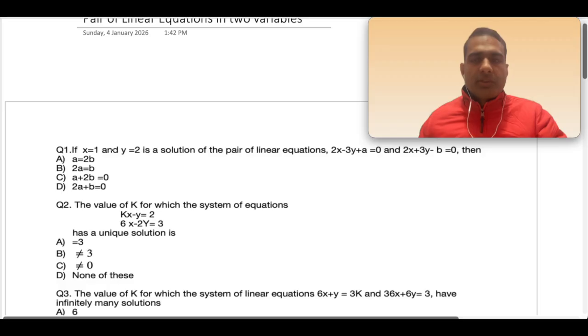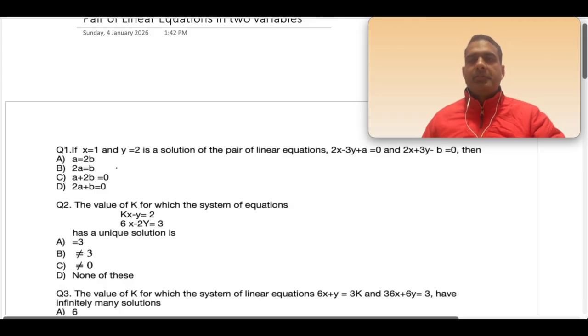So the first question is, if x is equal to 1 and y is equal to 2 is a solution of the pair of linear equations 2x minus 3y plus a is equal to 0 and 2x plus 3y minus b is equal to 0, then the options are given, and in the options there is a relationship given between a and b. So the question is asking what will be the relationship between a and b. So first of all,